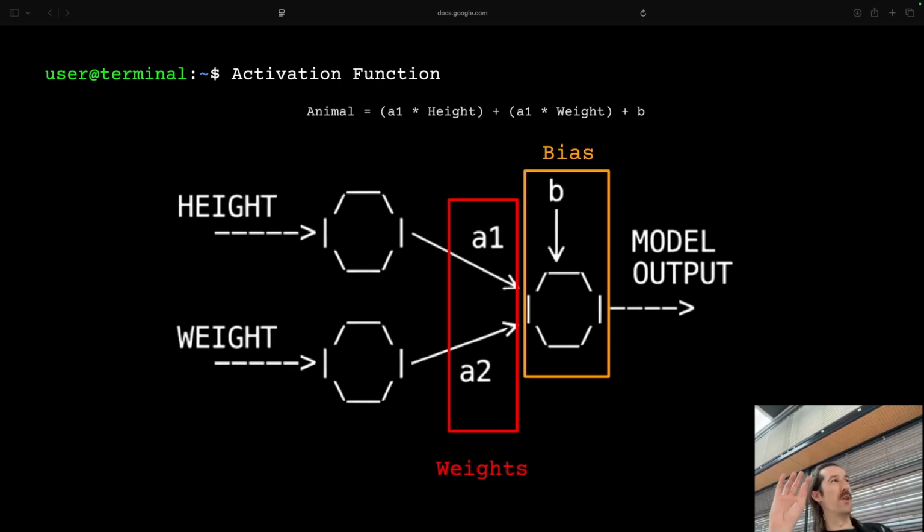And this is what we call the black box, because most of the time we just get a file, and we see all these numbers. We see a list of a lot of floating point numbers, and they represent the weights and the biases, but we never know what exactly they stand for, what exactly they are representing. We just know they must be some part of the network, but we have no idea where exactly they sit in the network and how they influence it. But maybe the main takeaway for this graph is A1, A2, and B, or A and B. A is the weight and B is the bias.